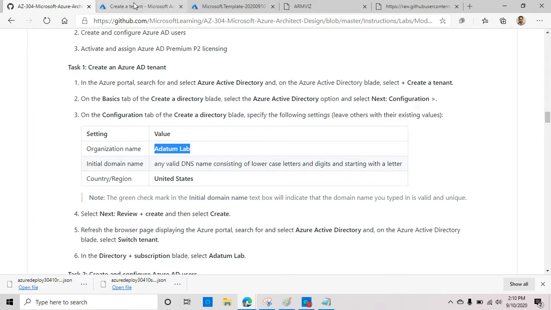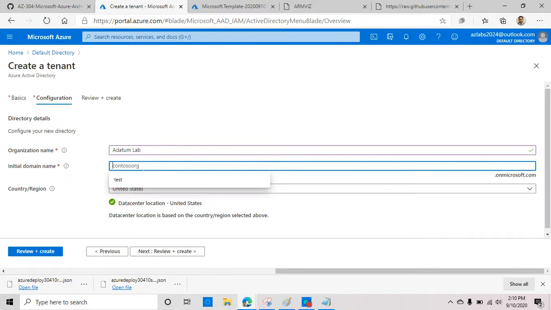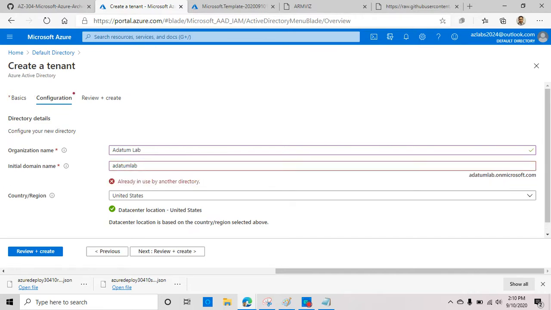Okay, so Adatum Lab. What makes sense is Adatum Lab. Let's see if that's available. That looks like it's not available. Adatum Lab test. Let's see if that's available. That is also not available. Test AD, is that available? That is also not available. Adatum Lab test AD